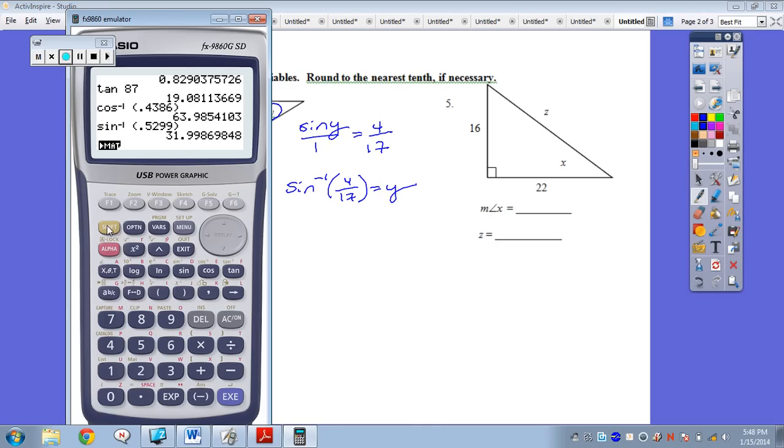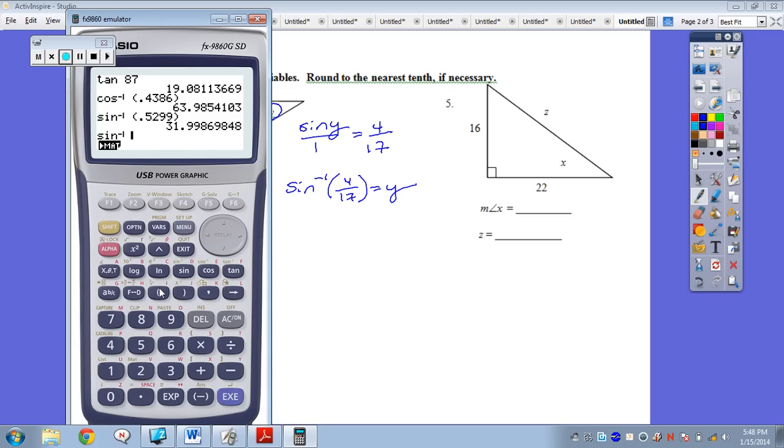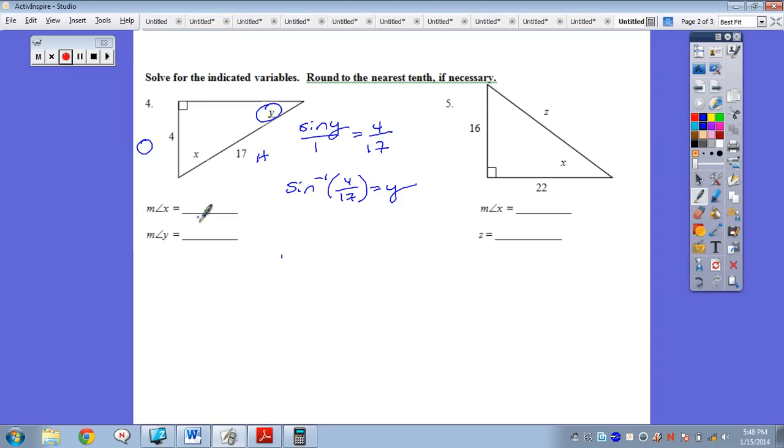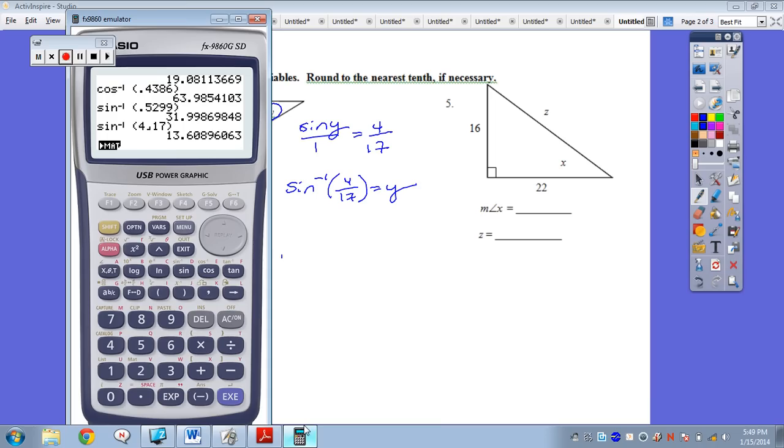We're going to type in shift sine to get the inverse of 4 fraction button 17, and that gives me 13.61. So the measure of angle y is 13.61. So now that we have this angle in our triangle, we know this angle is 90. To find out what the last angle in the triangle is, you could just do all the angles add up